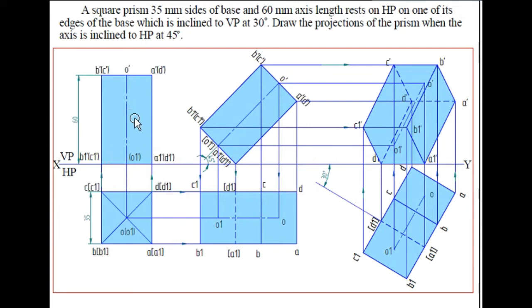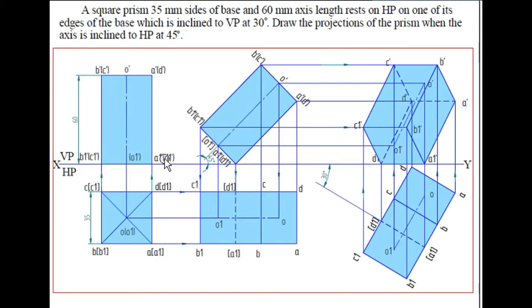Okay, right. So for the naming purpose, we know that this is the top surface and this is the bottom surface. For the top surface, the naming we have done is A, B, C, D. So when we see from this direction, point B is visible whereas point C is hidden. So that is why B dash is represented and C dash is represented in brackets. Similarly, point A is seen. So A dash is represented and point D is hidden. So that is why D dash is represented in brackets.